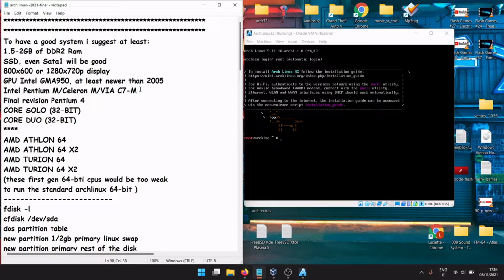As to the CPU, it supports all the 32-bit CPUs, but to have a good experience, I suggest at least Intel Pentium M, Celeron M, VIA C7-M, the final revision of the Pentium 4, or the most powerful 32-bit CPUs available, such as Core Solo and Core Duo, that were available in the first Apple computers that switched to Intel